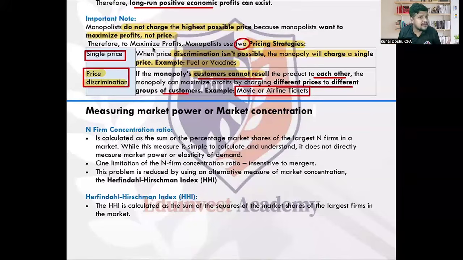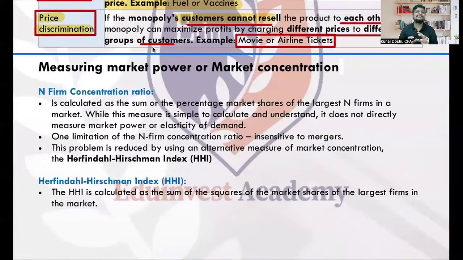Generally, no government would want a private company to dominate the market unless it is desperate. Government companies can dominate the market. Therefore, many times they do not allow the firms to get concentrated. Hence, they look at a ratio called the concentration ratio. This tells us the market power, or the concentration of the market, in the particular economy.